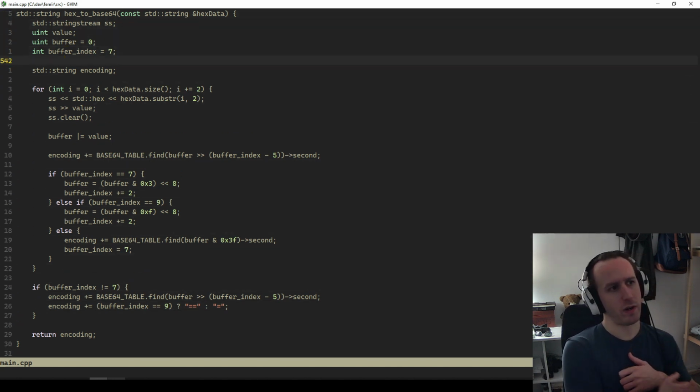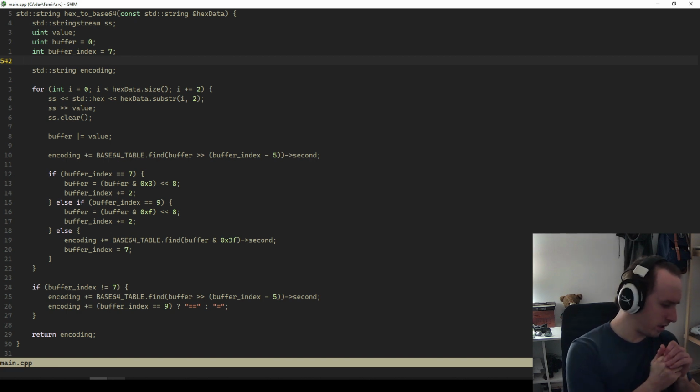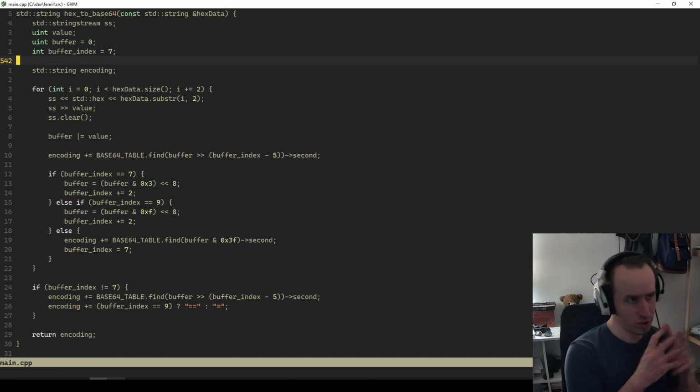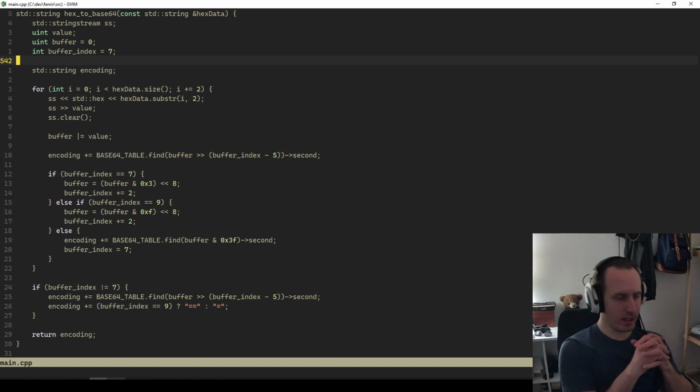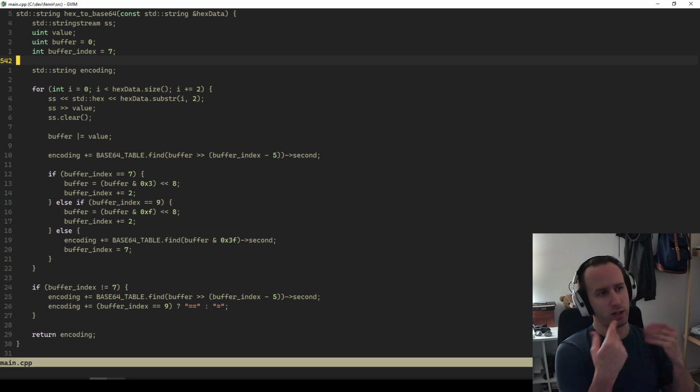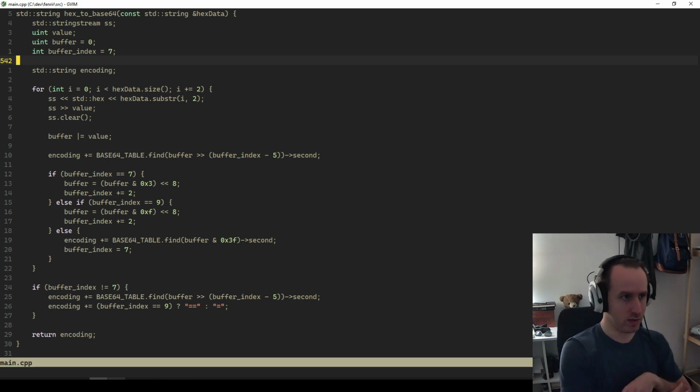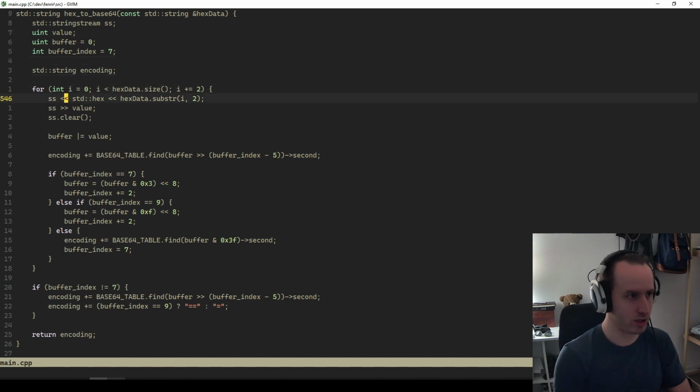I might do another function in the library just to do base 64 from, because it's assuming it's a character string of hex, so it's reading each two as hex. Or you could just pass in a string of characters and it just reads the character for what it is. So you don't have to do, basically you're just skipping this step. I might actually